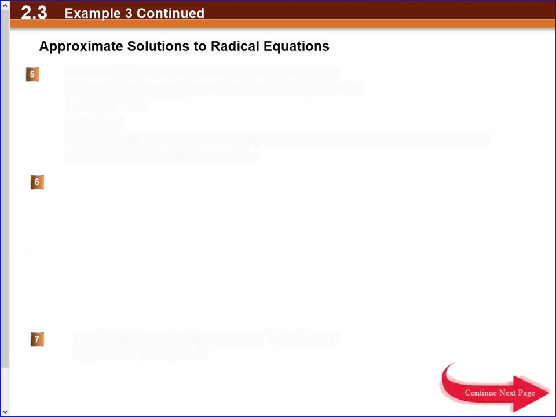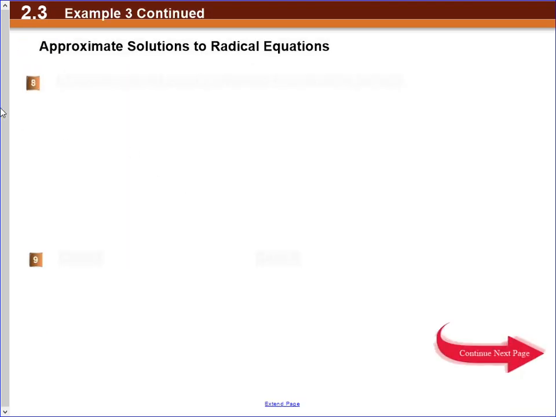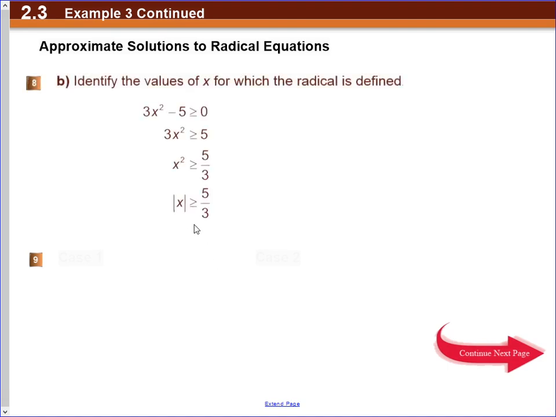For part B, so that's part A. For part B, it's verify your solution algebraically. This is the messier part. So if we do it in algebra, first of all, once again, we have to determine when our answer is